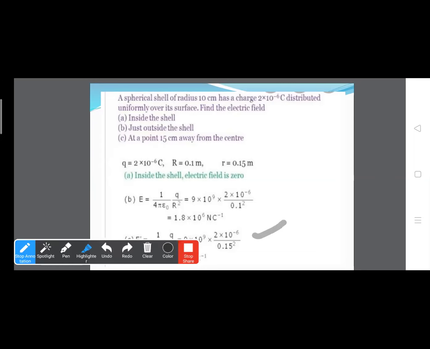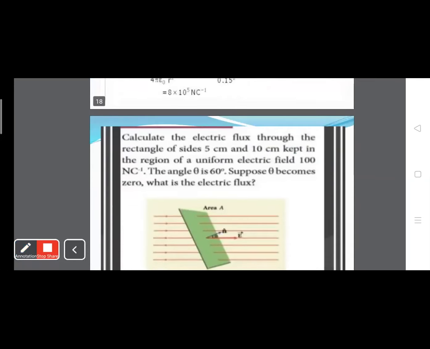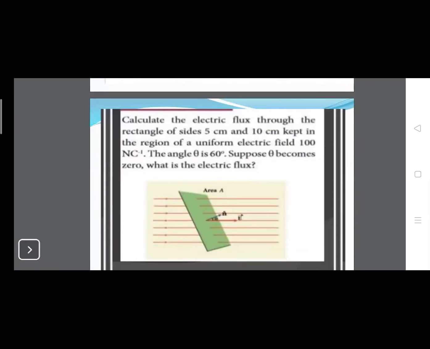I think these two questions will be clear to you. So now solve this third question by yourself. Okay, now